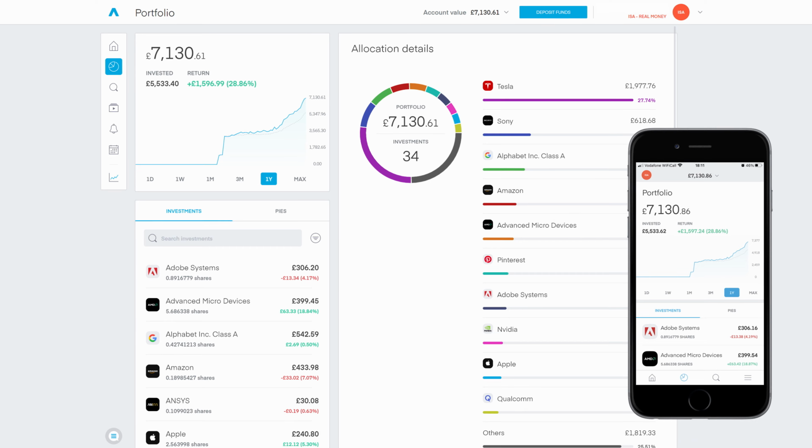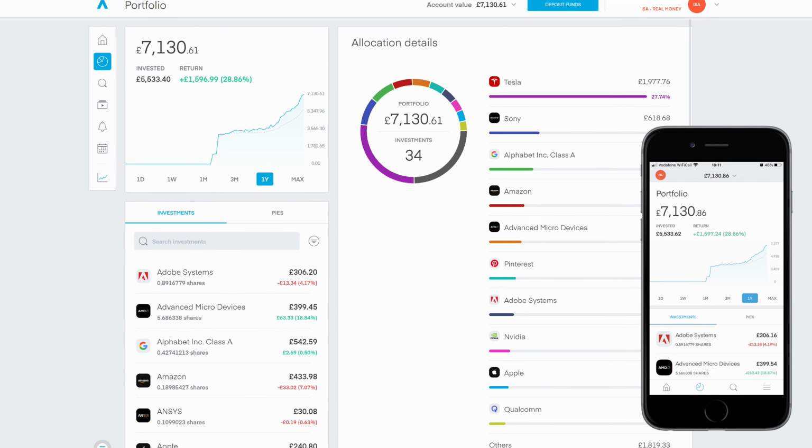Now let me cover some important account features. First off, Freetrade is a mobile-only platform. You can only access it on your phone via the app. You can't go and access it via the desktop, which you can with Trading 212 and with many other providers as well. And I think that's a massive downside because although for regular casual, just trying things out and just